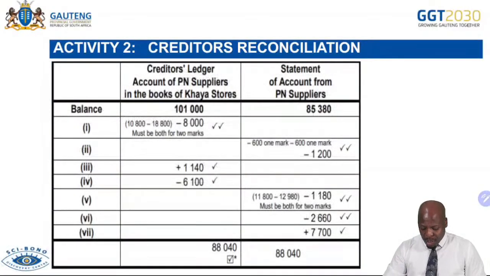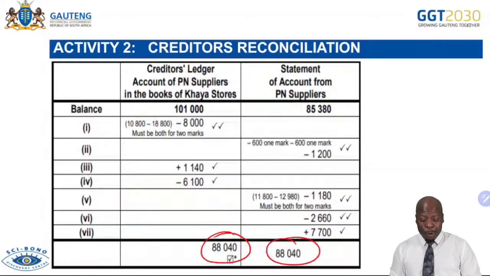Okay, so to sum up, this is what we end up with eventually. This is the balance of your statement of account, and then this is the balance of the ledger. I want to encourage you, even if you feel you made a mistake somewhere, continue to give these totals in. Whatever amount you would have found either on the statement or on the ledger, make sure that you put the same totals on both the ledger and the statement. Do not leave these spaces blank.